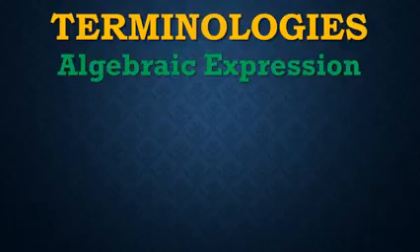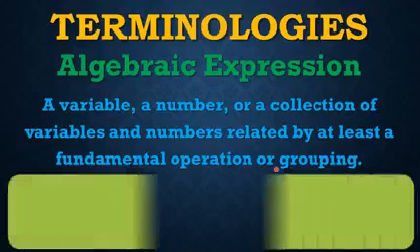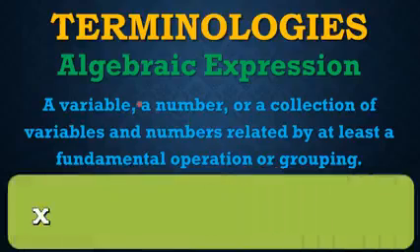The second terminology is algebraic expression. By definition, pag sinabi nating algebraic expression, pwede siya maging variable lang, pwedeng number, or a collection of variables and numbers related by at least a fundamental operation or grouping. For example, pwedeng variable lang siya. This is your algebraic expression. X is an algebraic expression which is also a variable. 7 is also a number, which is also an example of algebraic expression,